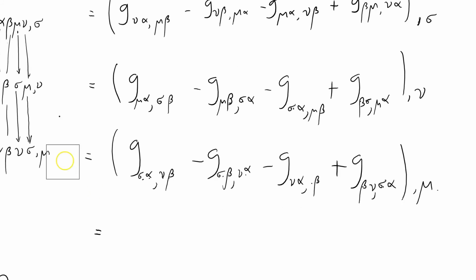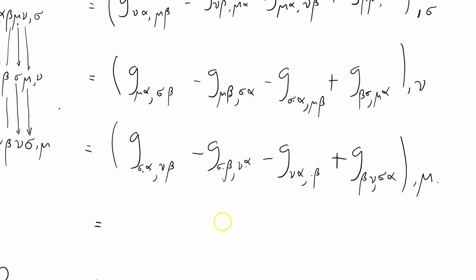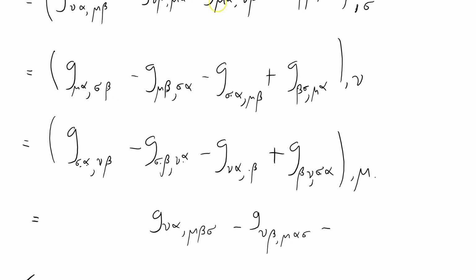Yeah, I've got these three terms here. Maybe I'll put it here. G. So I'm copying this term down. G nu alpha, comma, mu beta sigma, minus, because I've got that beta and I'm differentiating with respect to x sigma, minus G nu beta, comma, mu alpha sigma, minus this term, G mu alpha, comma, nu beta sigma, plus G